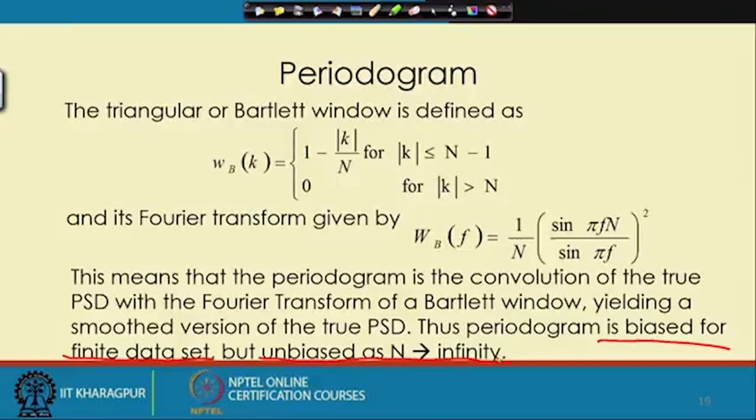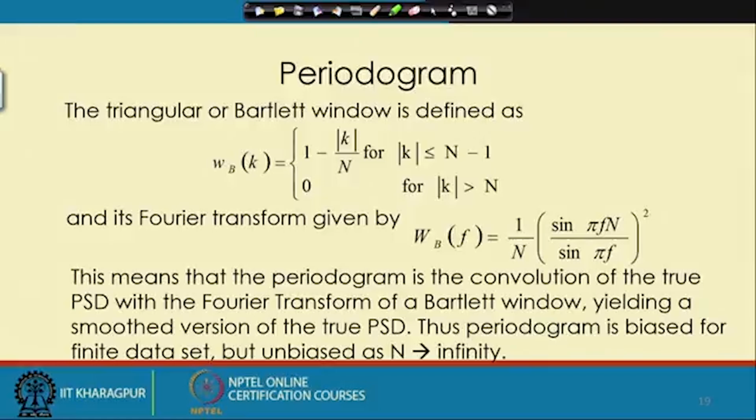So, so far we can tell about the bias, that means bias will go to 0. So, that is again a very good positive result. So, with that in mind,